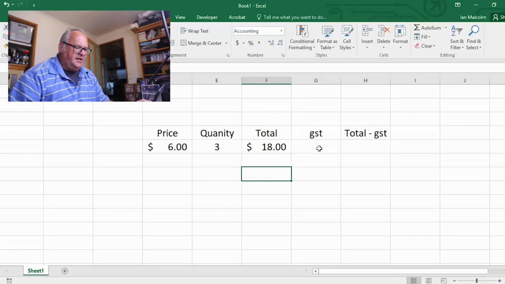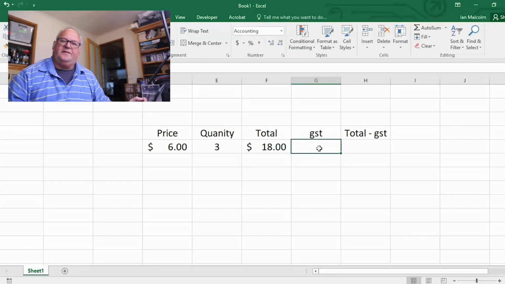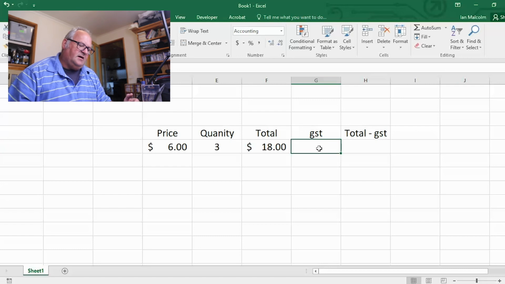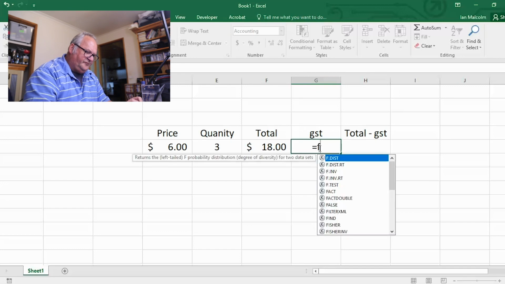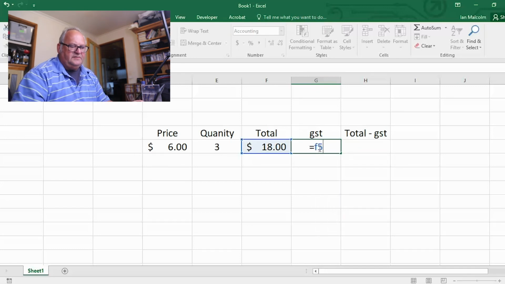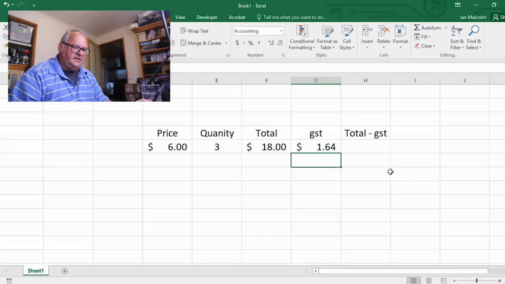Right, so GST, I want that to work it out for me. Now the taxation department has decided that the easiest way to calculate it, and I believe this to be true, is to divide the total by 11. So if I was to go equals, tells me it's going to be a formula, and F5, and you can see that's highlighted the cell, and then forward slash, which is divided by, and 11, and then enter, and you can see there $1.64,